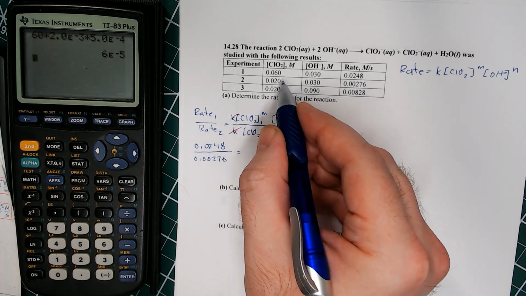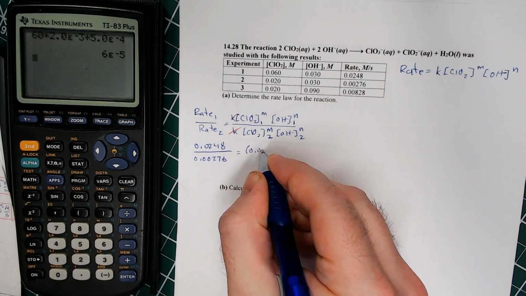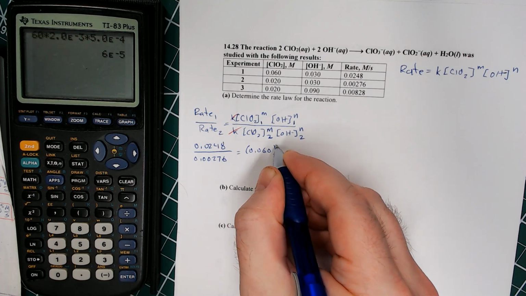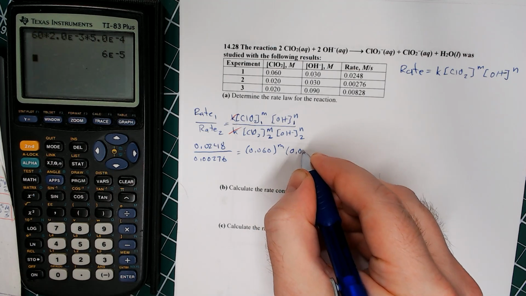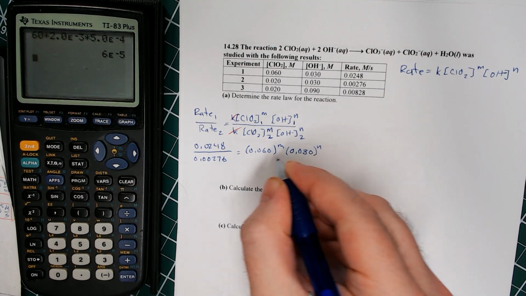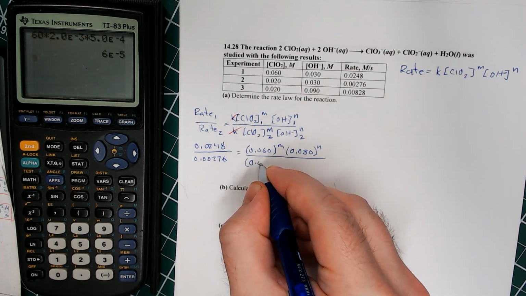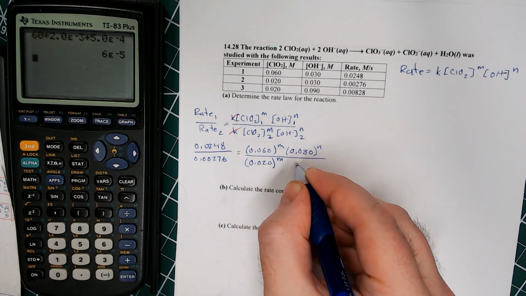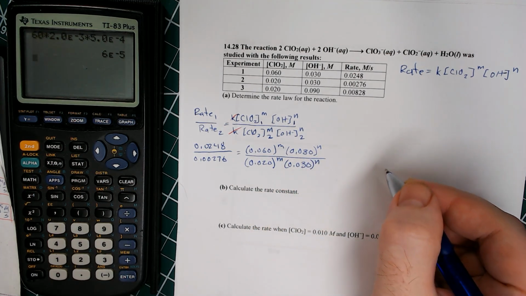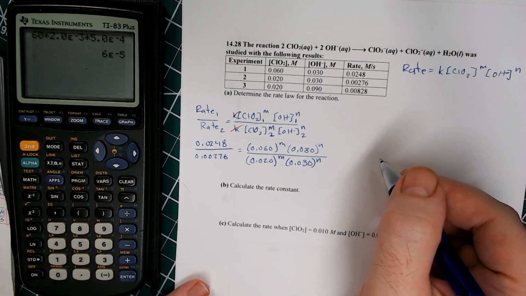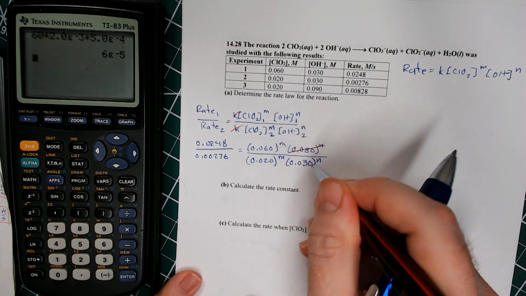For chlorine dioxide for experiment 1, we've got 0.060 to the M. For hydroxide, we've got 0.030 to the N power. For experiment 2, we've got 0.020 to the M power and 0.030 to the N power. All right, now that we've done that, we can cancel out that 0.030